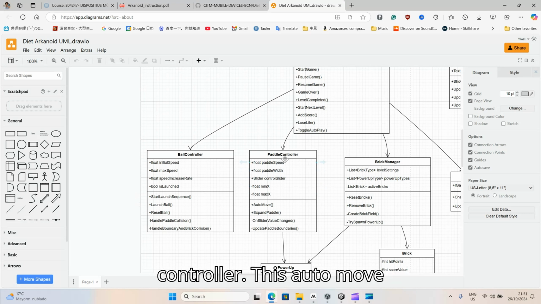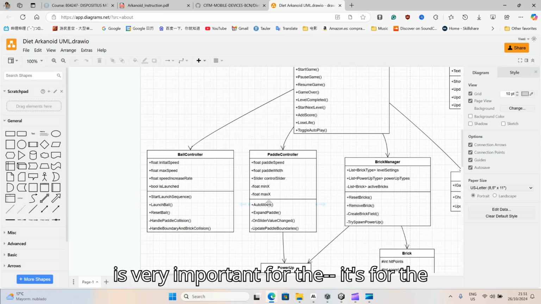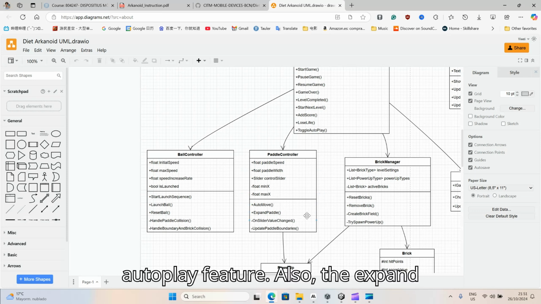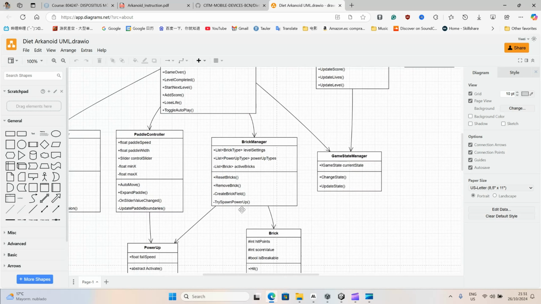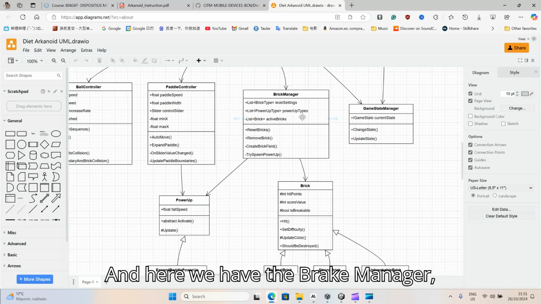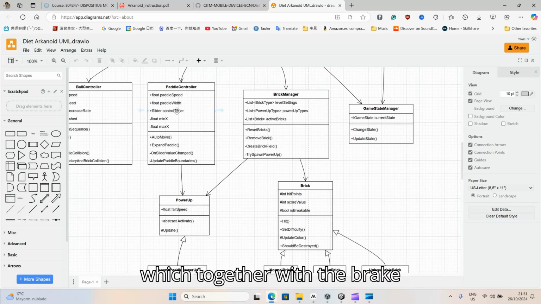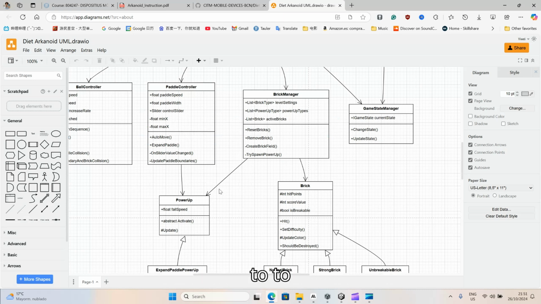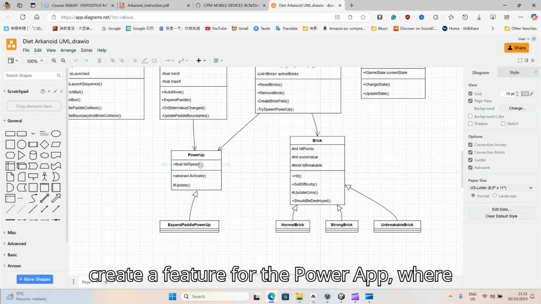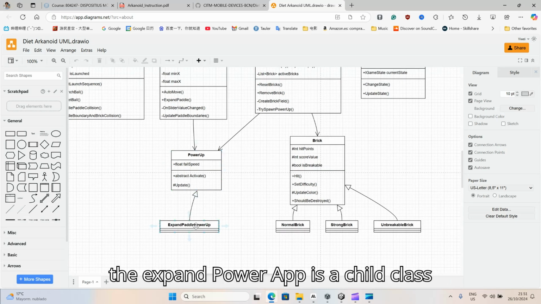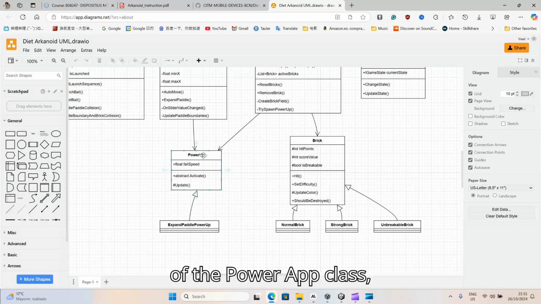The same goes for the paddle controller. This auto move is very important for the autoplay feature. Also the expand paddle for the expand paddle power up. And here we have the brick manager, which together with the brick controller works to create a feature for the power up, where the expand power up is a child class of the power up class,